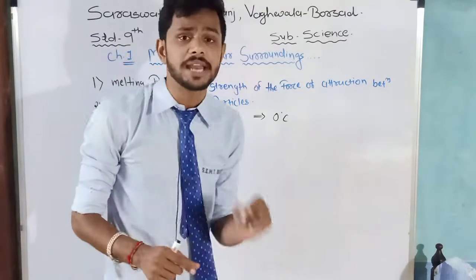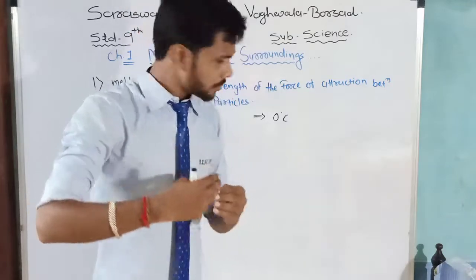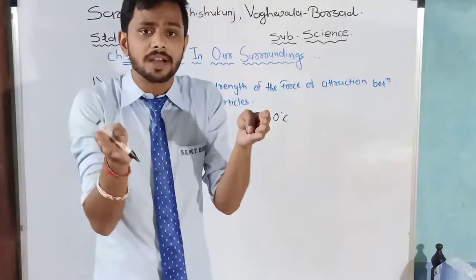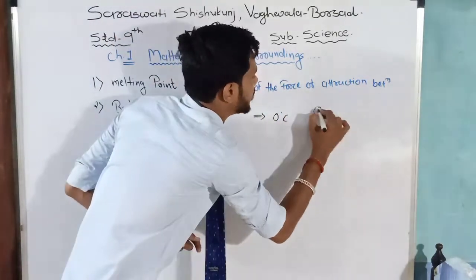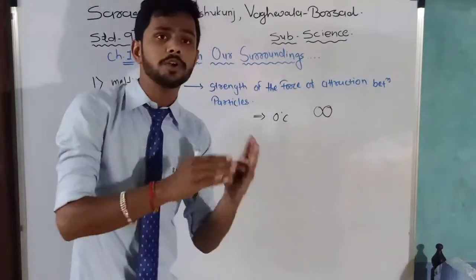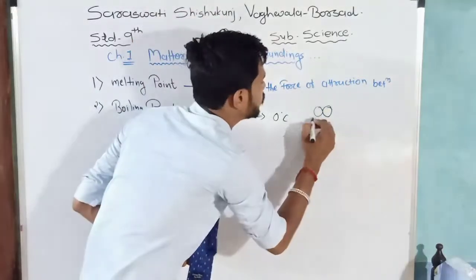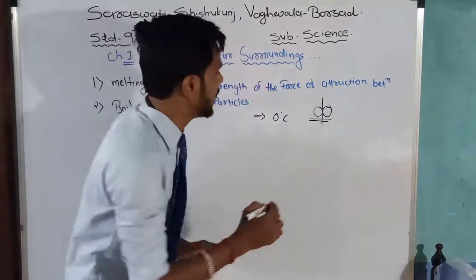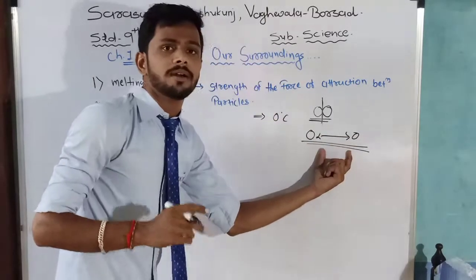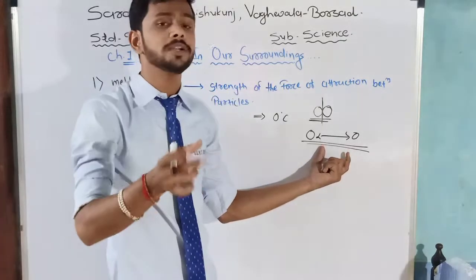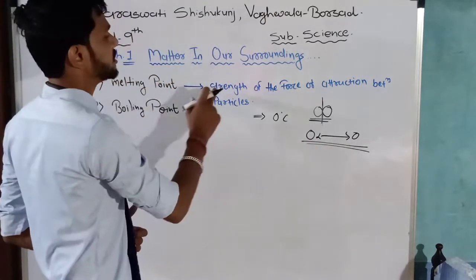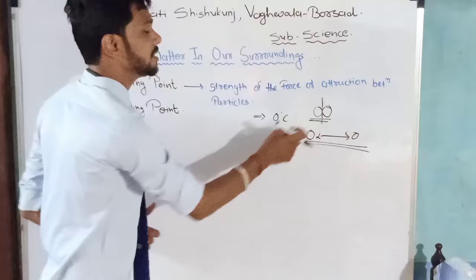That means you must have to give that particular energy to break down that bond. In a solid, the particles are attracted very strongly to each other, and if we want to convert it from solid state to liquid state, we must break the bond between these particles, and to break this bond we are going to give some energy in the form of heat. So that indicates that the melting point is the strength of the force of attraction between the particles of that